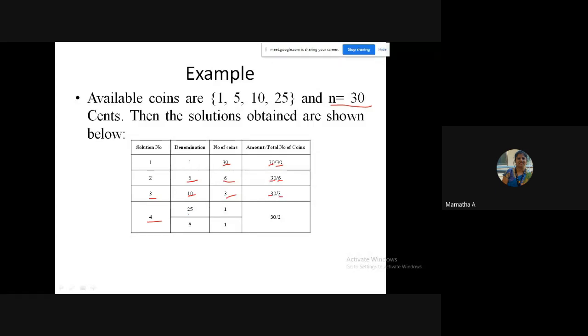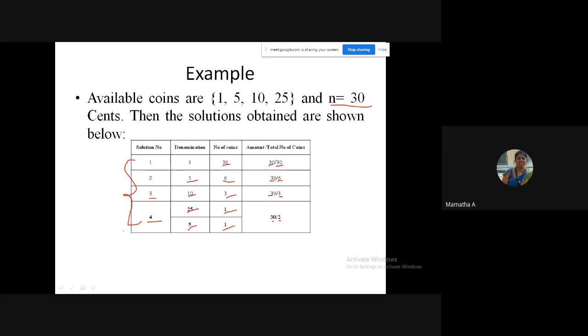Solution number 4 could be, your denomination is 25. I select 1 coin. Another denomination is 5. I select another coin. So you can see 30 and 2. You can all observe that all the 4 solutions are what to me? Feasible, ma'am. Feasible.